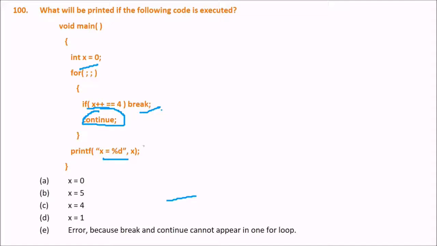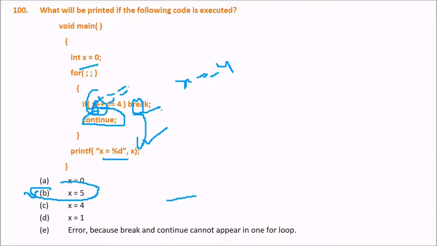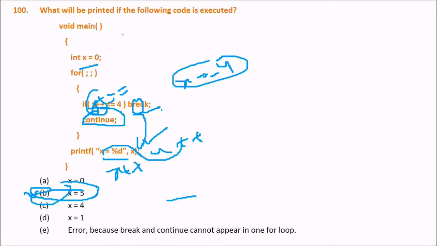So what will be the answer? Tell me the answer. The answer will be, of course, you guessed it right. Answer will be 5. So this is a very simple question. What happens, because there is a semicolon at the end, you have a postfix operator here. So X plus plus is equal to 4. When X equal to 4, this will break, and because it is a post increment operator, first the equality will be checked, then only X can be incremented. So X equal to 4, it will come out, but X has to increment also, so that will be 4 plus plus, and that will be 5. So answer will be B.